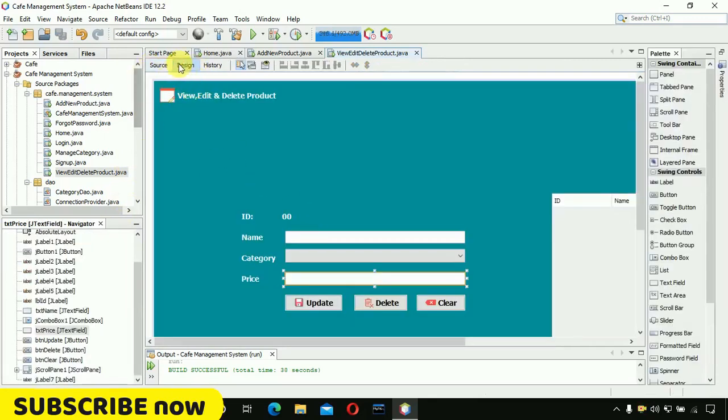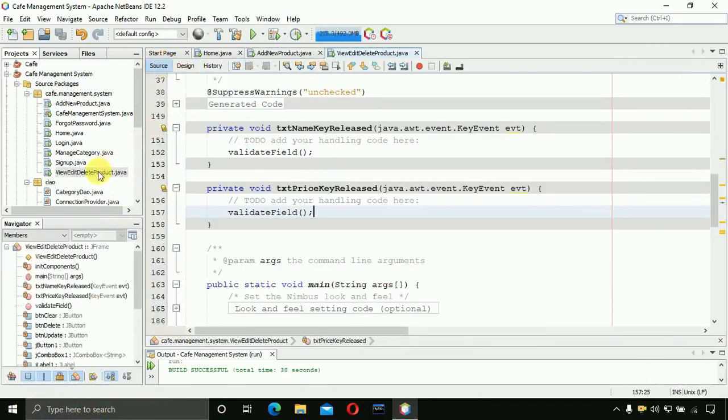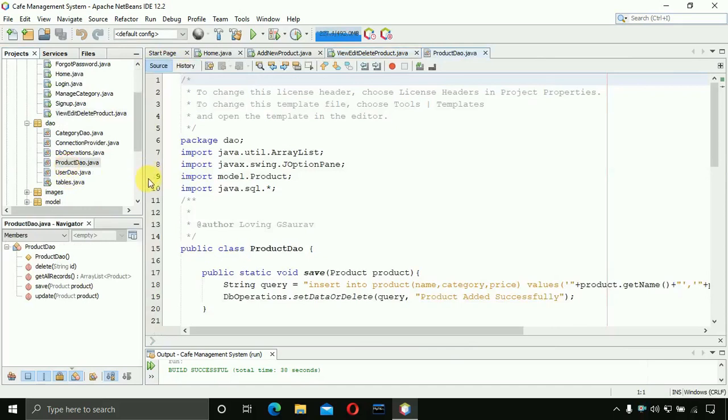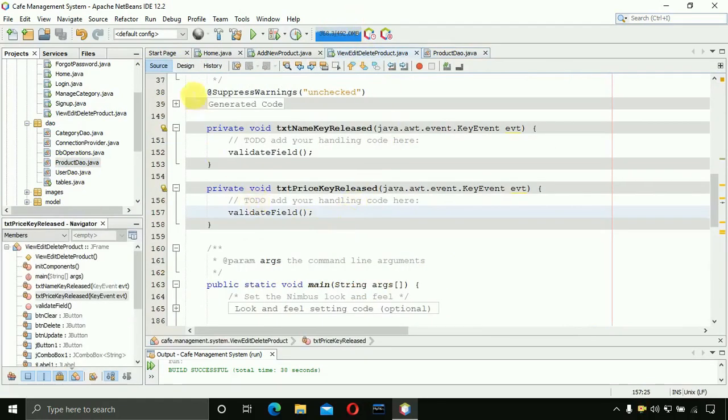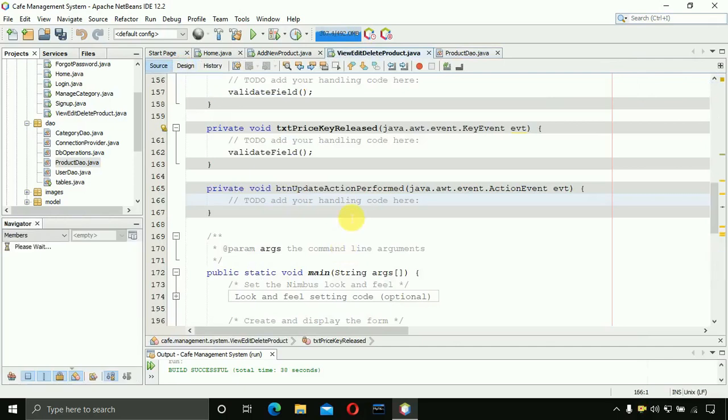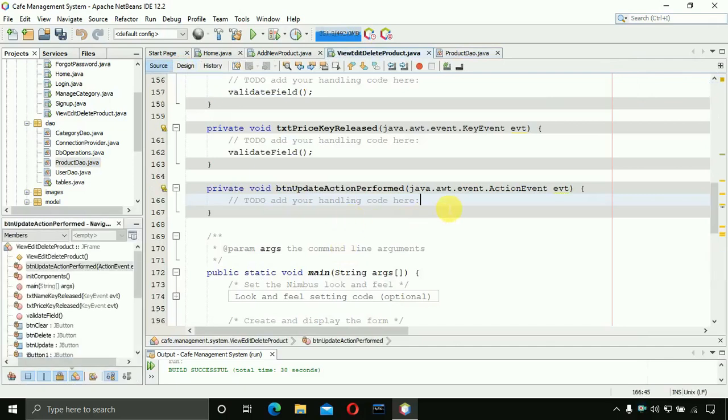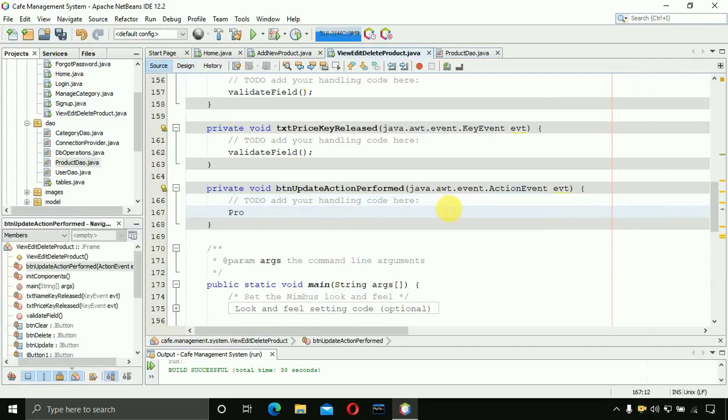After that we have to write the code so that whenever we click on update it should call that method. Which method actually? Let's open this. It should call this update method, and we are going to pass a product object. So let's get back over here and generate an event for this update button. So you can see, let's create an object first, product,